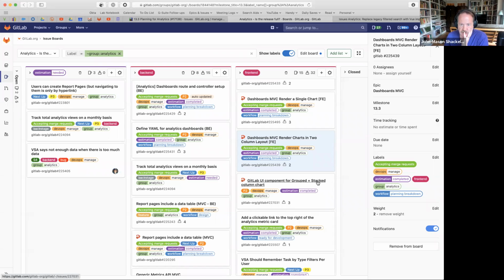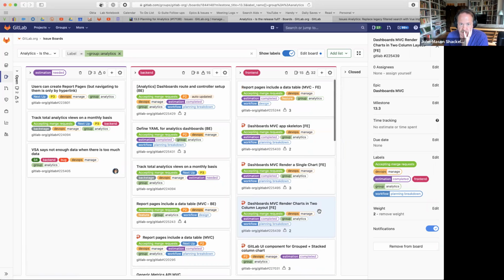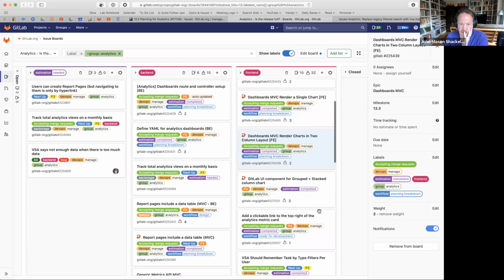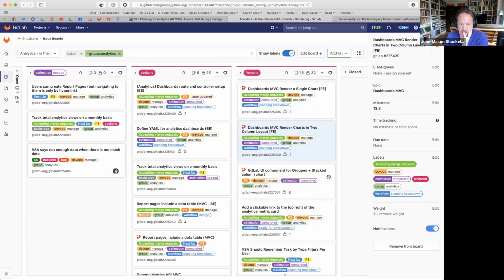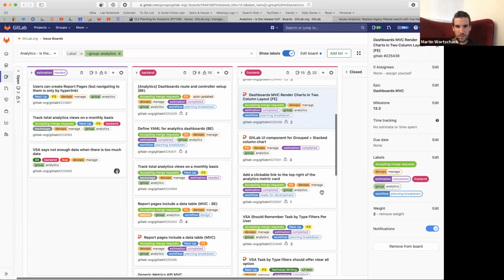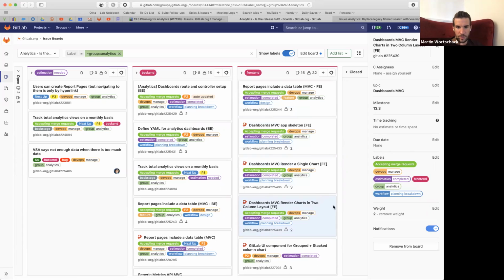This one is blocking other things, so I was hoping to get that in. For the dashboard, the grouped and stacked column chart is not blocking anything, right? That's more about the generic report.